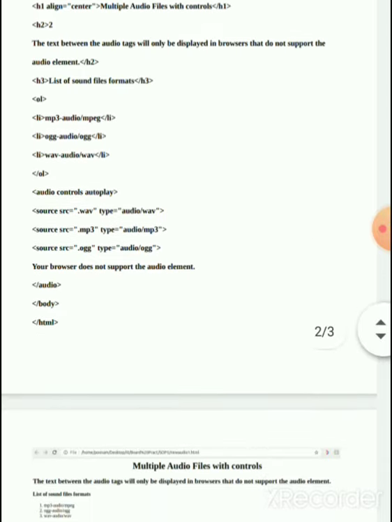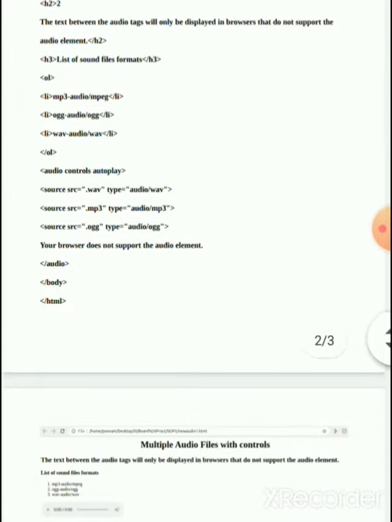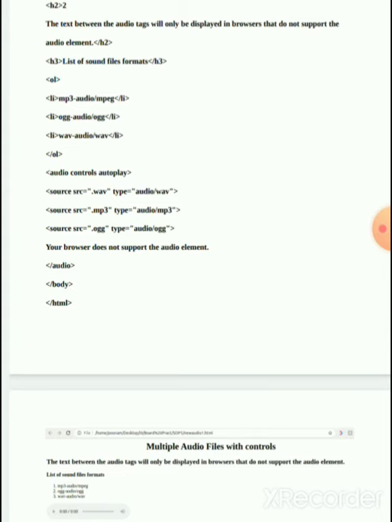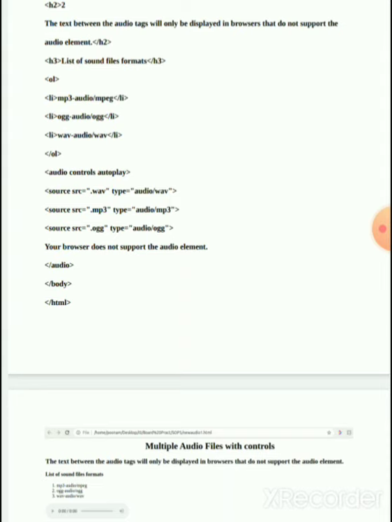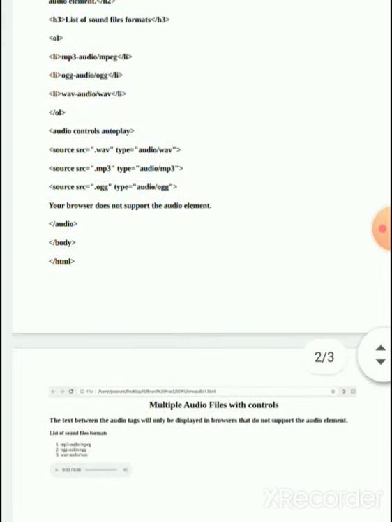So basically, the current HTML5 draft specification does not specify which audio formats browsers should support. Of course, because many times a browser can't support a specific audio file format, for example mp3 or wave, in the audio tag. But the most commonly used audio formats are OGG, mp3 and wave. So basically you prefer these three formats: OGG, mp3 and wave files. Yes my dear students, I hope you understand clearly.